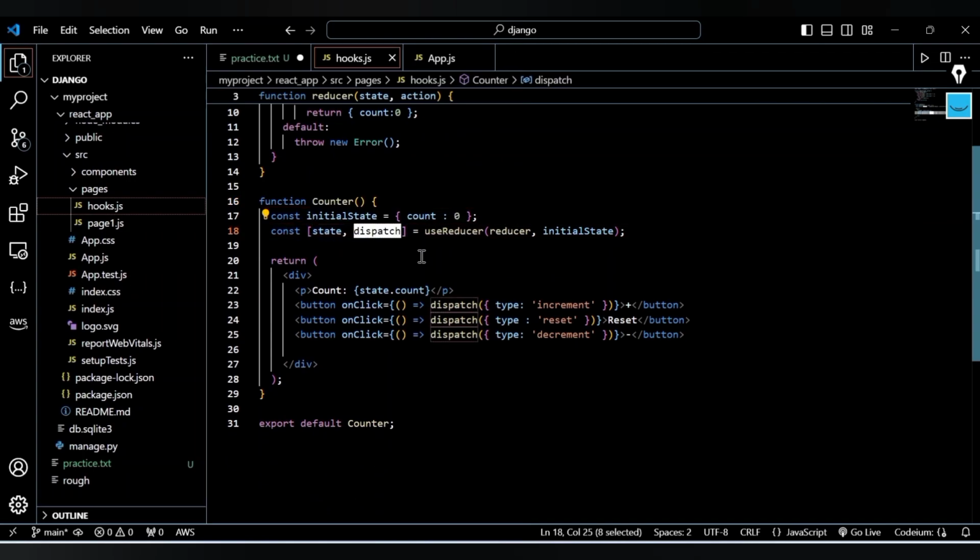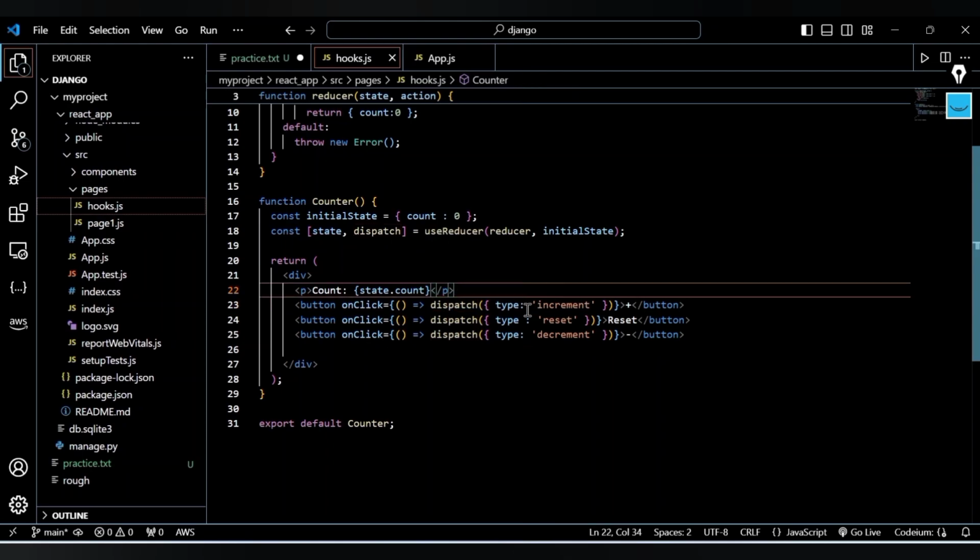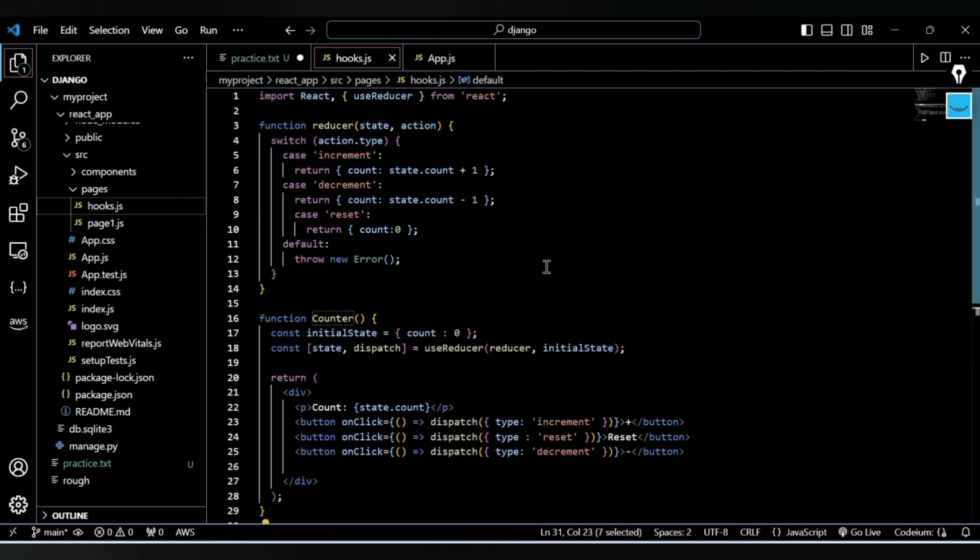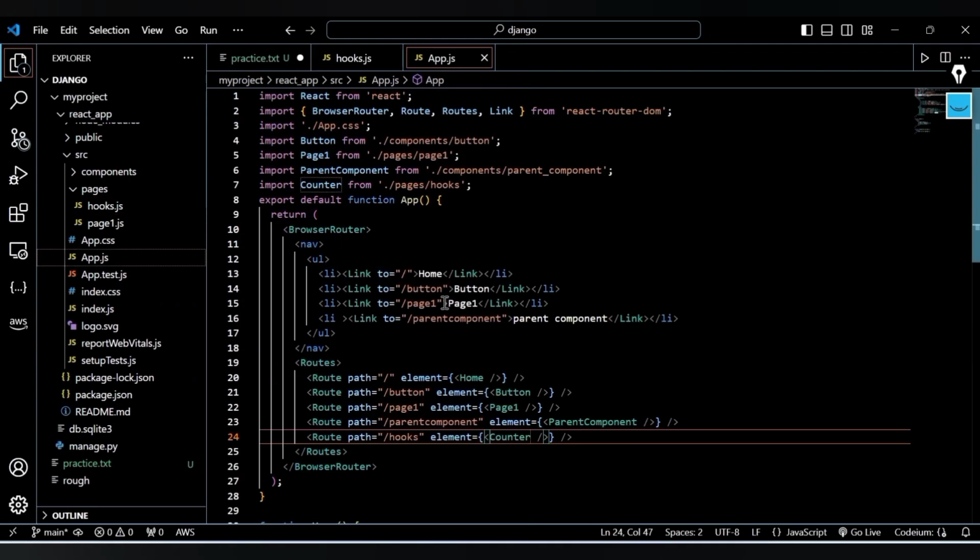Yeah, dispatch is something that we need to look over. So when the state gets changed, the dispatch function is called right here, right? On click, the dispatch function is called. So either incrementing or decrementing, the dispatch sends that particular action to the current state, and that's how dispatch is used. And we are exporting the default Counter component. I have set this in app.js also. So this is the element, and with this, let's link the hooks,